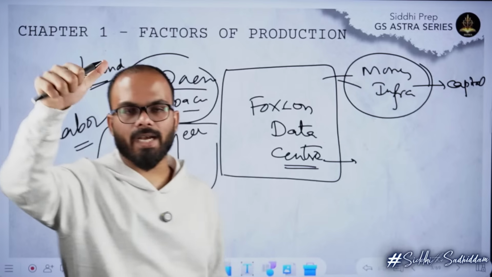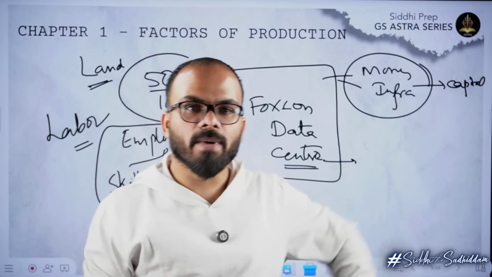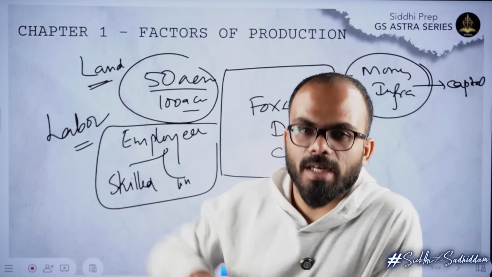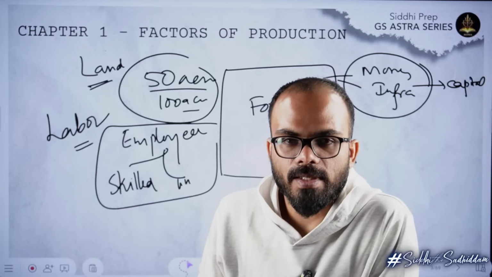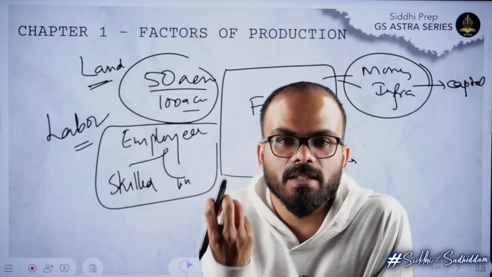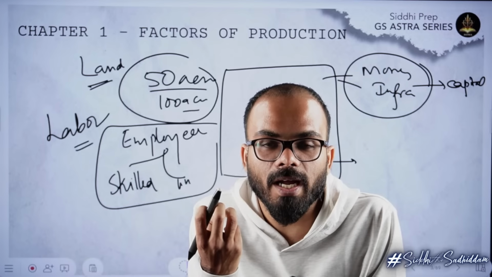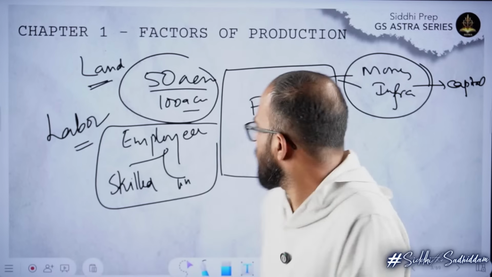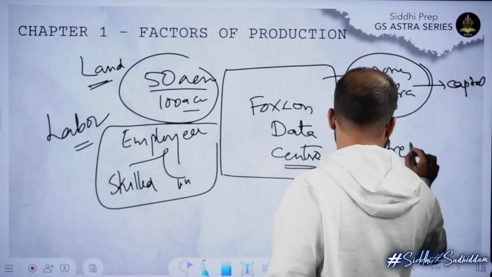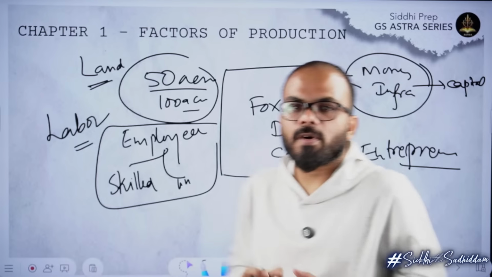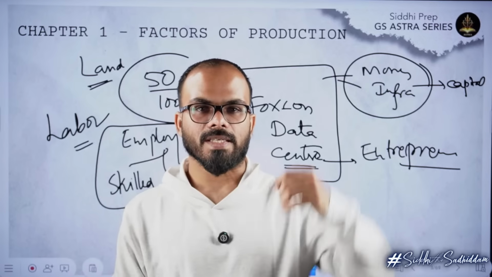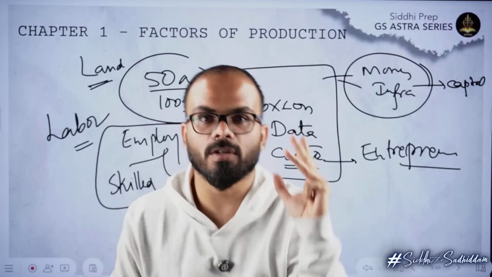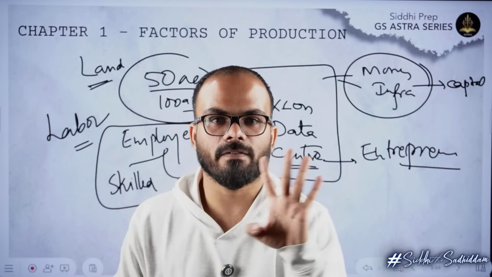You have land, labor, and capital, but what is the other thing that you need? What is the most important thing? Someone who can handle all these things. You need leadership, the right person who can manage the resources, handle the problem of scarcity, and ensure efficient allocation of resources. That factor is called entrepreneurship. So to produce something, we need four major things: land, labor, capital, organization. Organization is also called entrepreneurship. These are the four major factors of production.